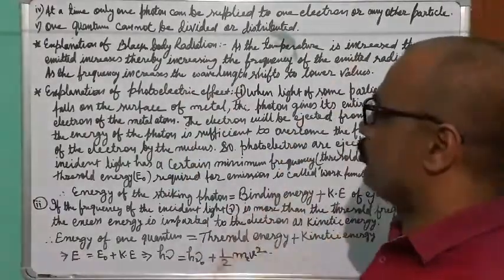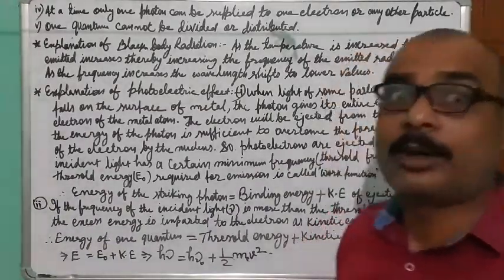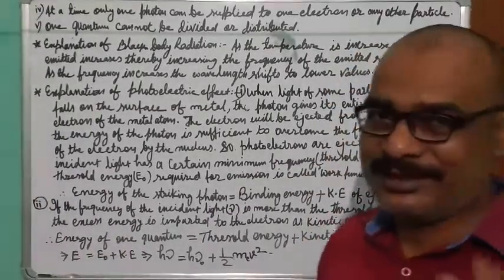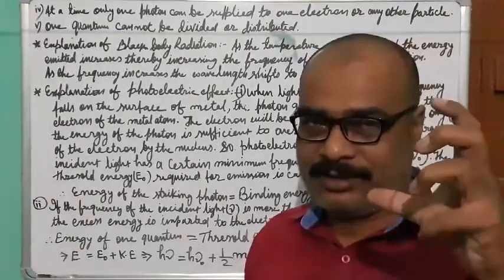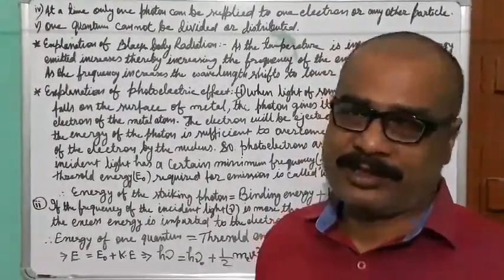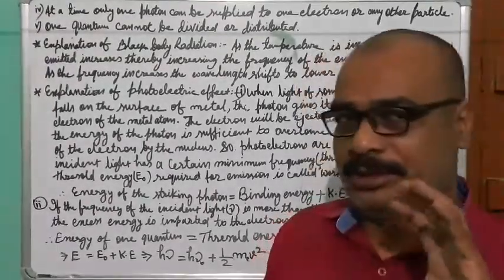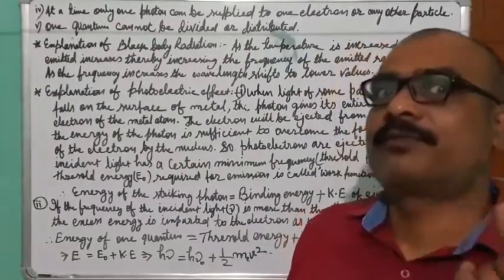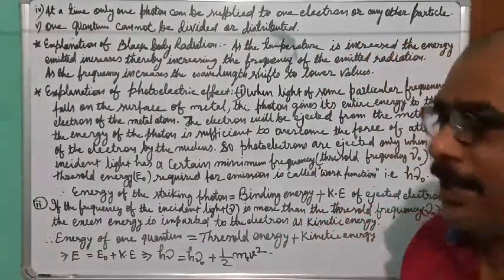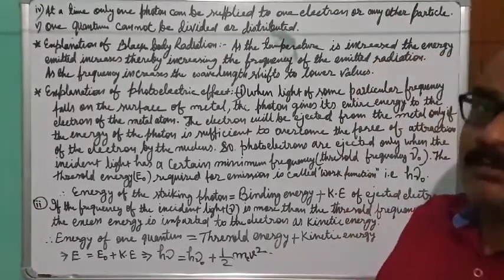On this basis we can say that the photon is a packet of energy in terms of light, and quantum is also a packet of energy irrespective of the type of energy. Quantum is used for all types. So photon is a type of quantum. That means a photon or quantum cannot be subdivided.